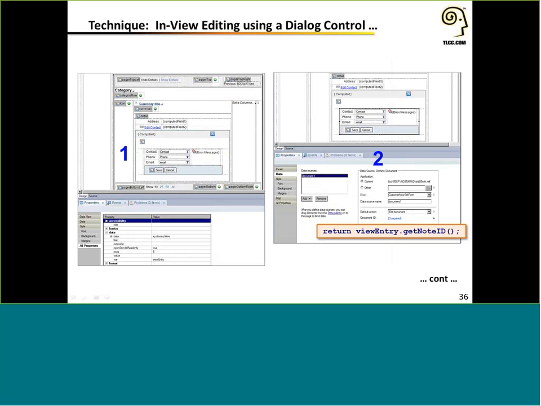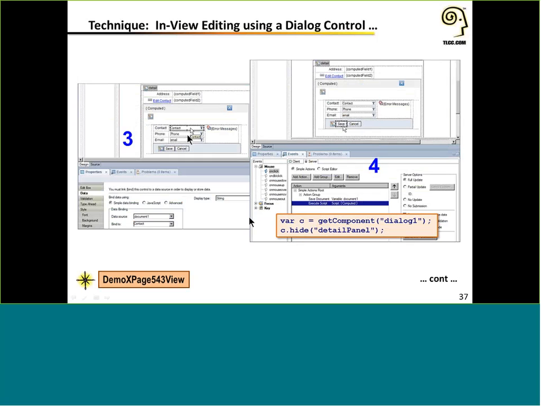So again, we use our view entry object. That gives us the handle to our XSP view entry from the underlying row, and there's a method there called getNodeID. So I can use that to get the node ID of the document that I'm already looking at. So in the document ID here of our data source in the dialog box, we just compute it to this value here, and then when the dialog box pops up, it knows that it's linked to the document that we're already looking at in the data view.